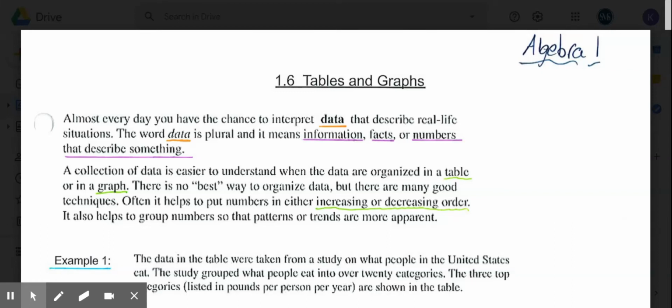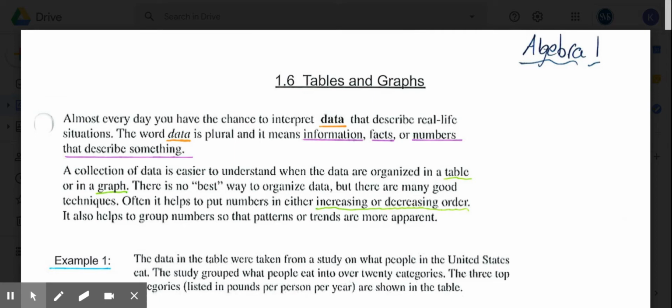Hi, and welcome to Lesson 1.6, Tables and Graphs. So obviously, based on the title, we are mainly looking at two different things today, the idea of tables and the idea of graphs. So in order to use tables and graphs, we first have to start with the definition